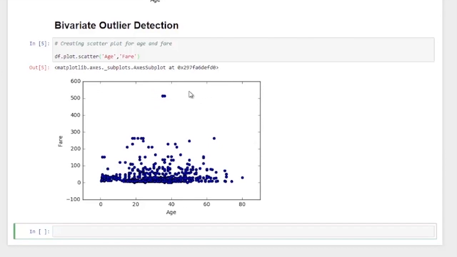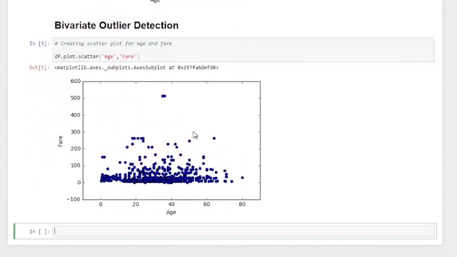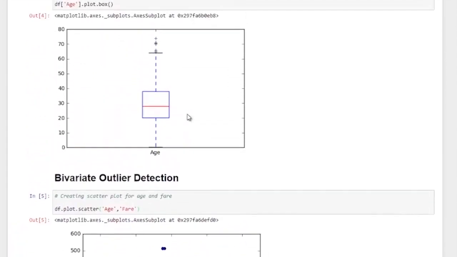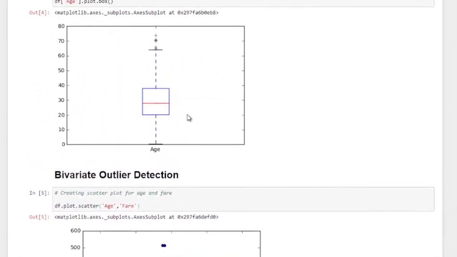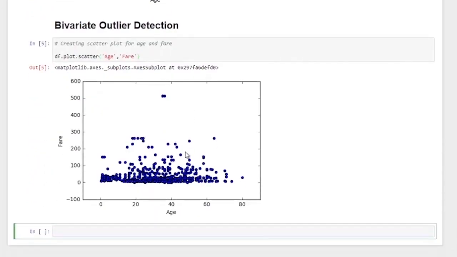Now that we know how to detect outliers in a single variable and in a combination of two variables, it is time to see how we can treat these outliers. The first method that we studied was to remove these outliers and not include the observations in which there are outliers present. So let's go ahead by seeing our first method, which is removing the outliers from the dataset.